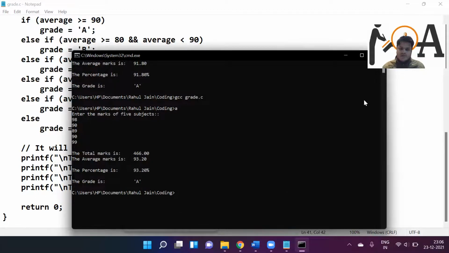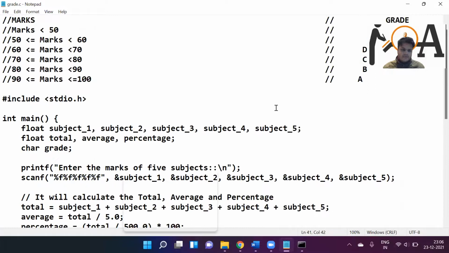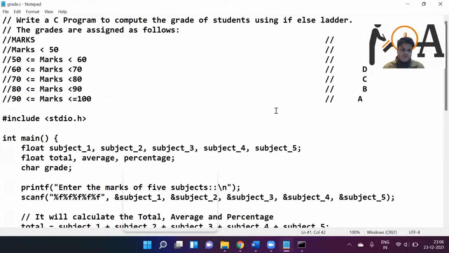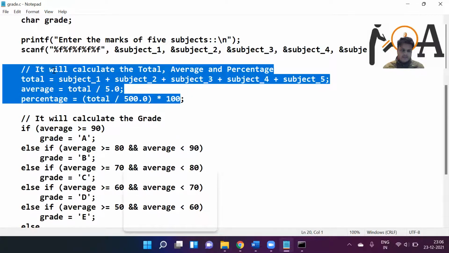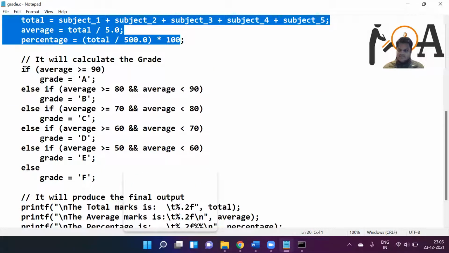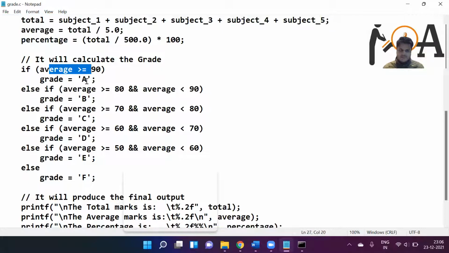So this is how you complete this program. This is the complete code in front of you. If you have any doubt or confusion, you can ask me in the comment section. The prerequisite for understanding this lecture is to watch the previous video so that you can get up to here, and thereafter the basic concept of if-else is used. If this condition is true, execute it. Else if this condition is true, execute it, and likewise.